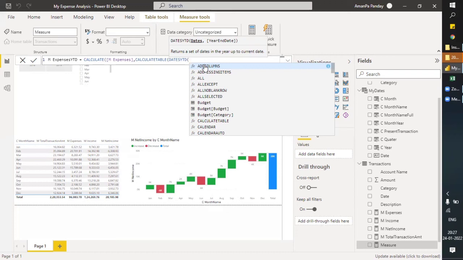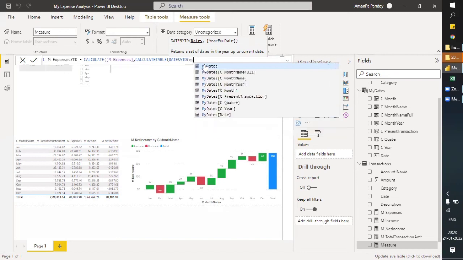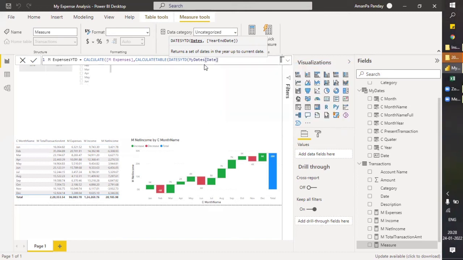In this we need to provide just one detail, that is the date column, and we will pick this date column from my date. Just close the parenthesis, and now we have the date list.